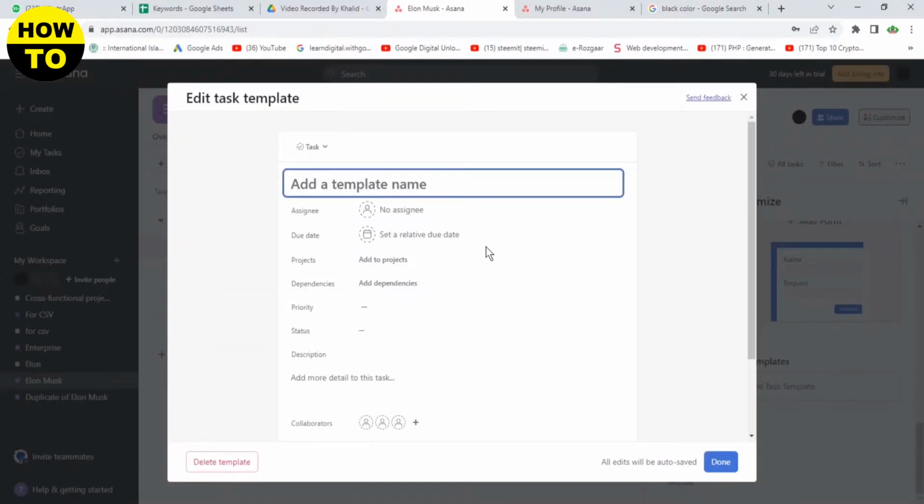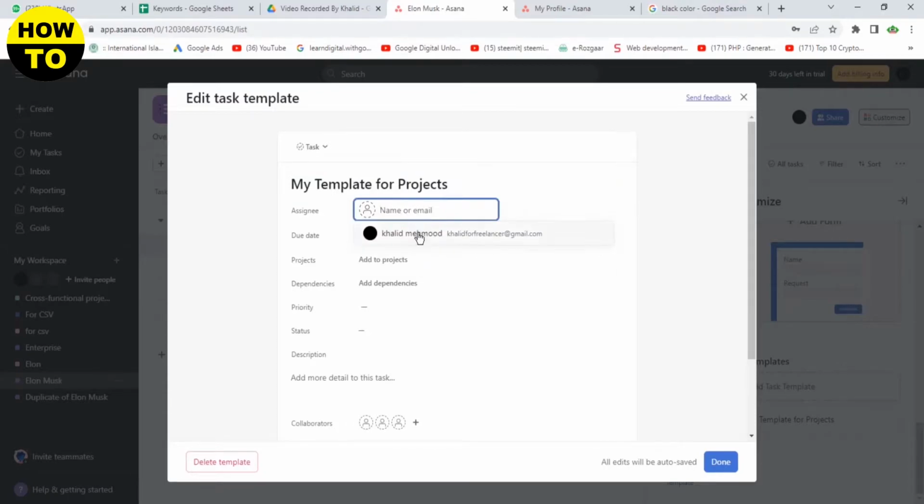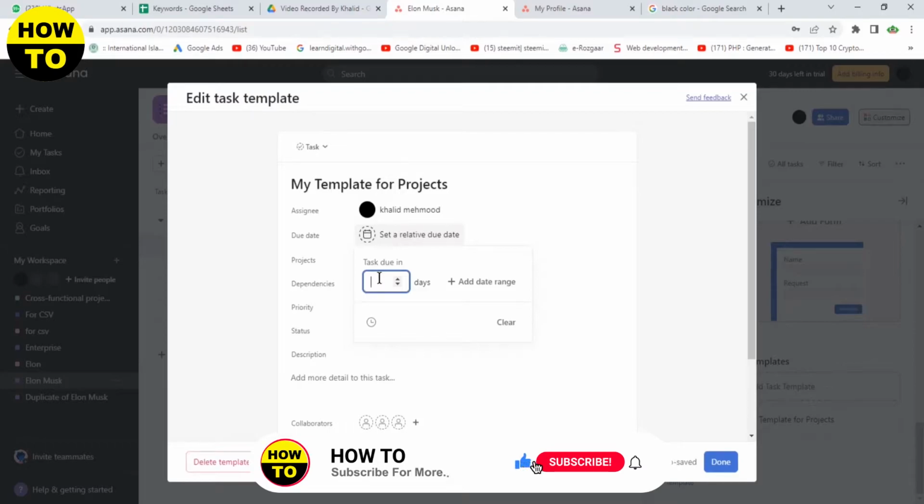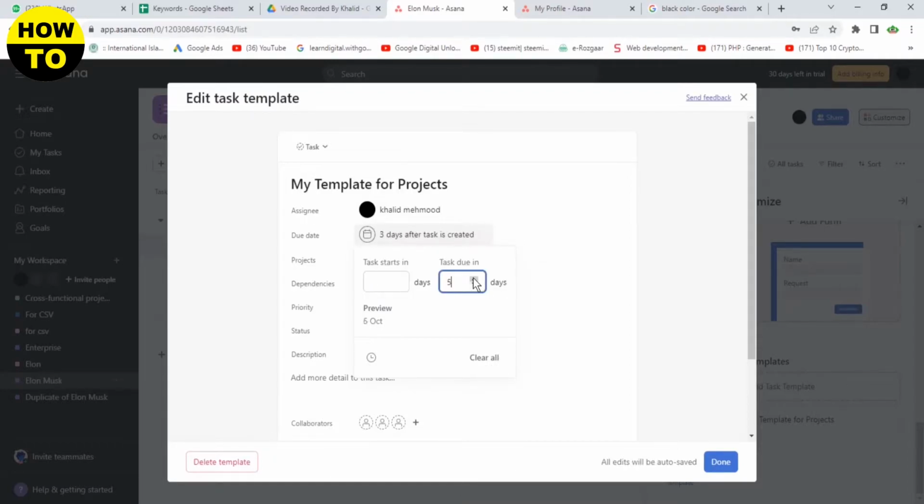Just click here. Now what we need to do, just type the template name, like I am typing a random name, my template for projects. So finally, under this you can assign it to your own name, like I have added my name. Now you can also add date, task due in. You can also add this